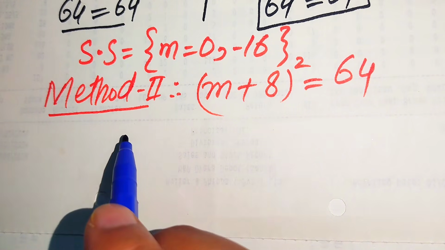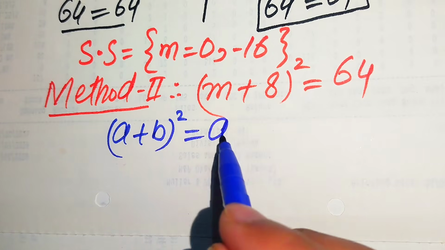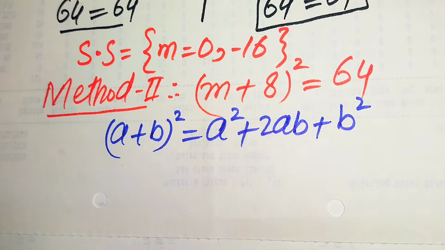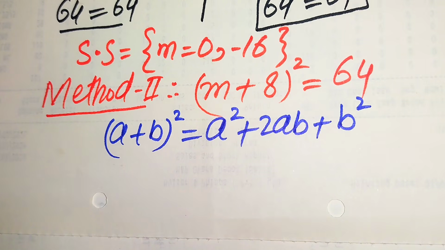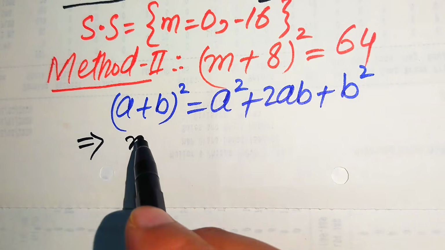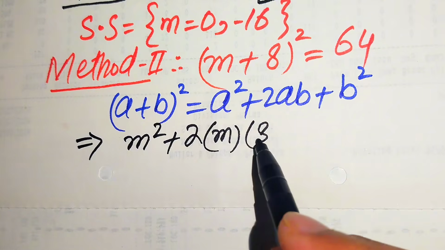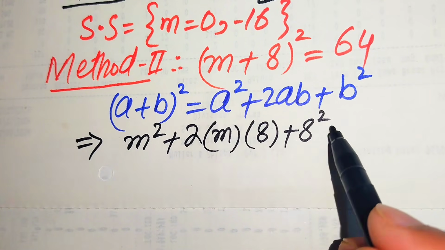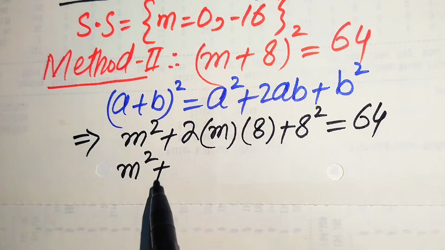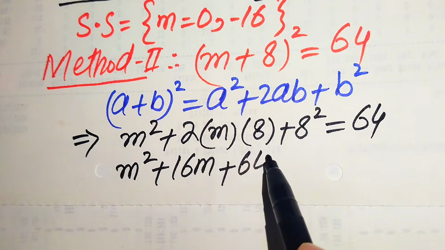And you know about that, if we have a plus b whole square, it equals a square plus 2 times ab plus b square. So here we apply this nice formula to the left hand side of the above equation, and after applying this, our equation is written as m square plus 2 times m into 8 plus 8 square equals 64, and we have m square plus 2 times 8 becomes 16m plus this 8 square becomes 64,